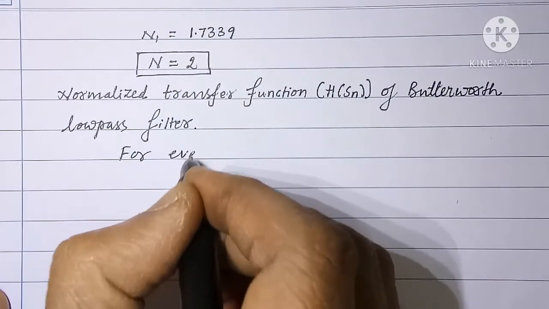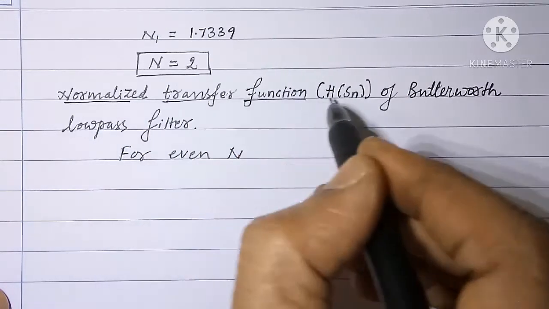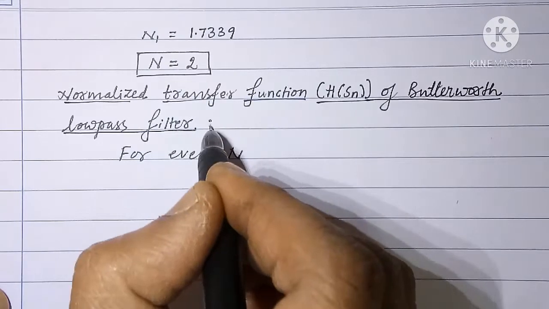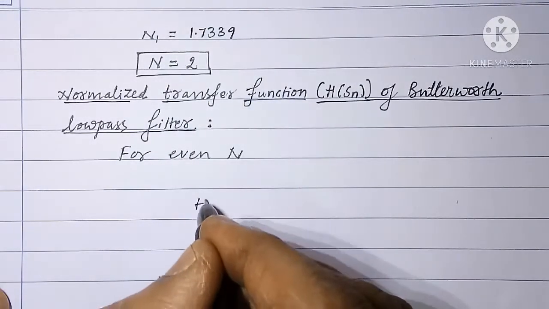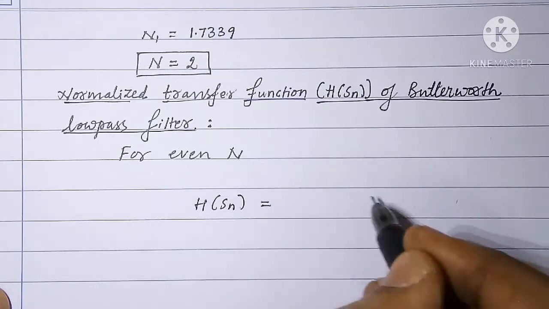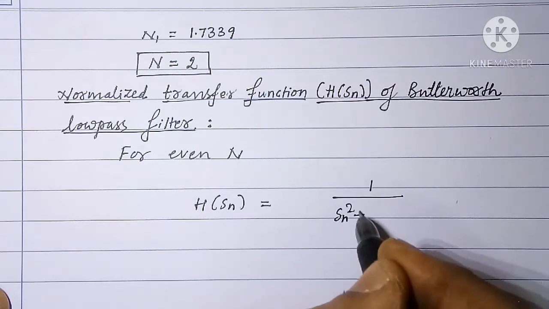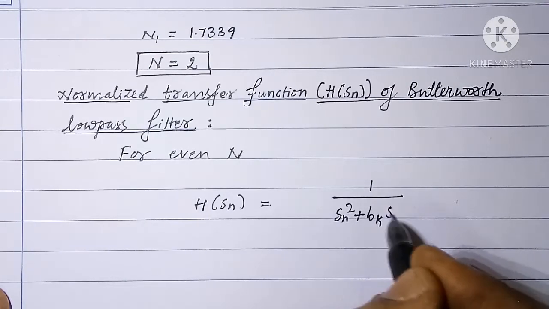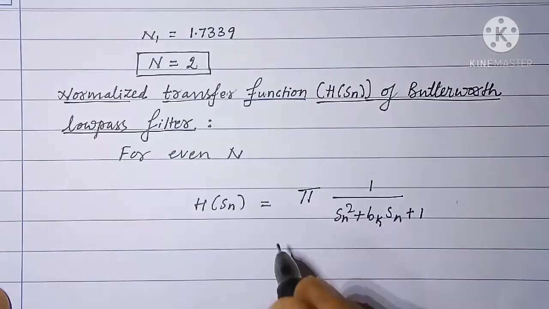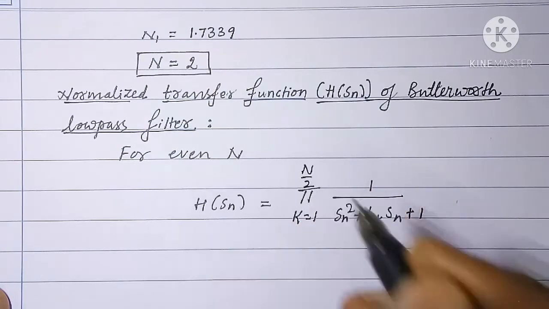For even n, H of Sn is product of 1 upon Sn square plus bk into Sn plus 1 for k equal to 1 to n by 2,